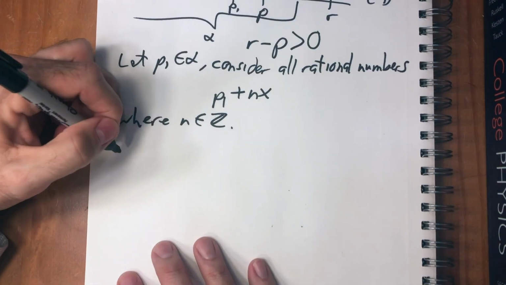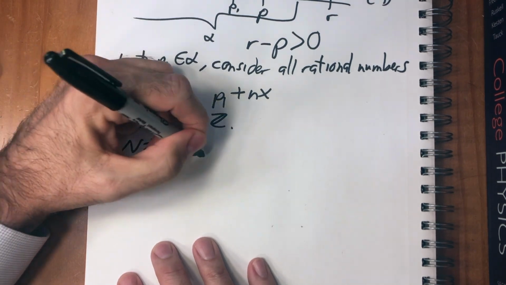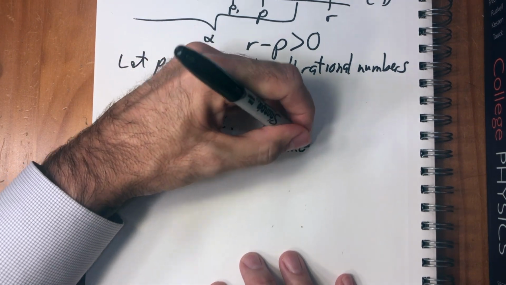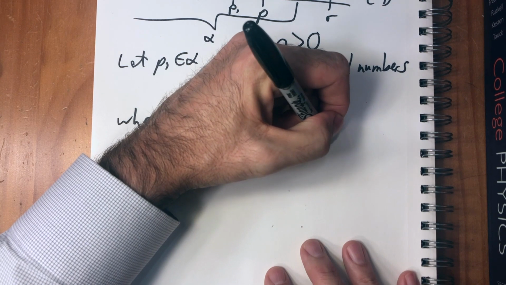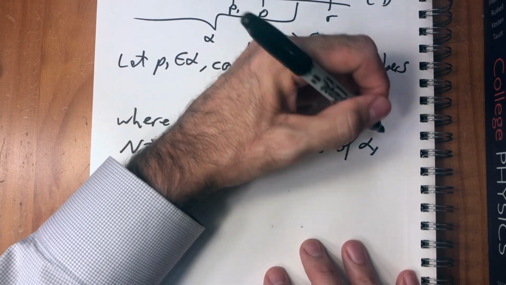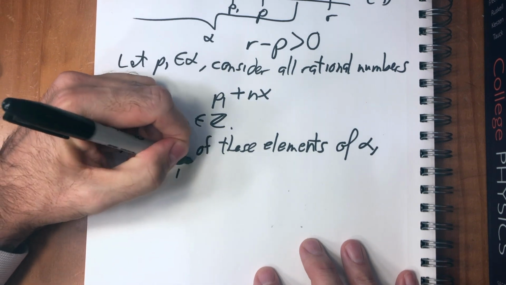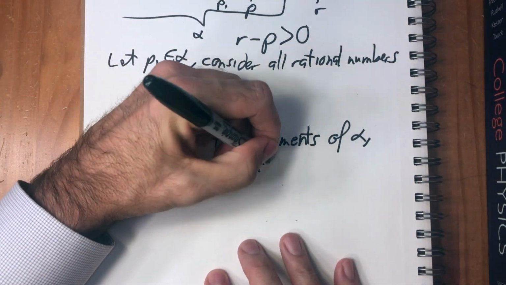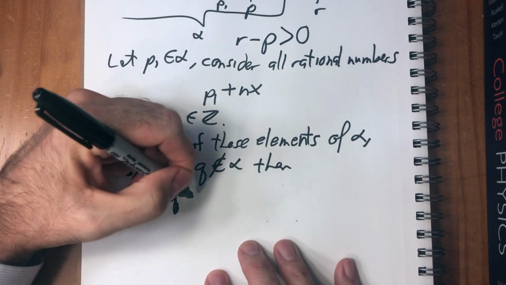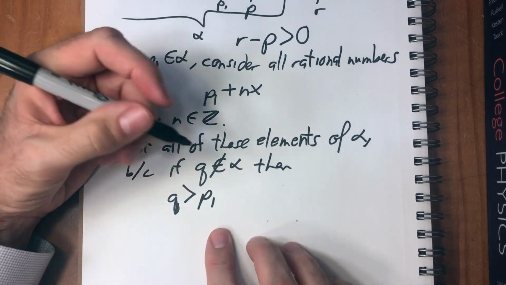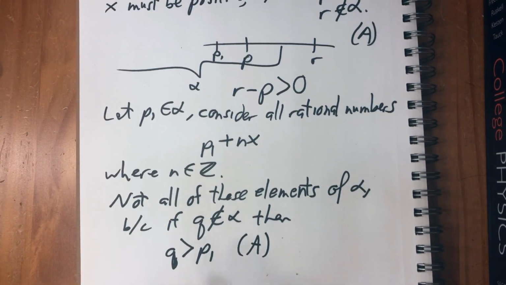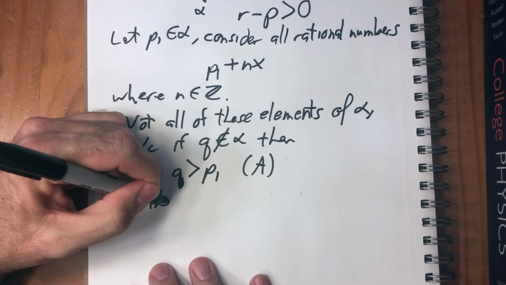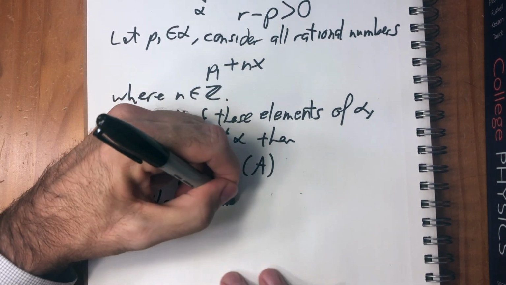Okay, so the first thing just to recognize is that not all of these numbers will be elements of alpha. Because if q is not an element of alpha, then q has to be greater than p1. That is just again, if p1 is in alpha and q is not in alpha, then q has to be bigger than p1. So if that's the case, then by the Archimedean property,